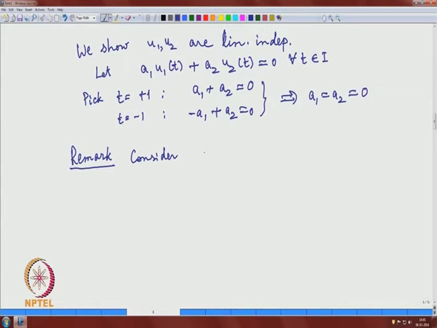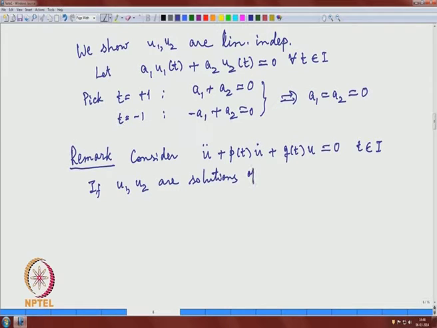second order equation. So, u double dot plus p(t) u dot plus q(t) u equal to 0. So, a linear homogeneous equation of second order, in some interval, let me again just write any interval. So, if u1, u2 are solutions of this equation,